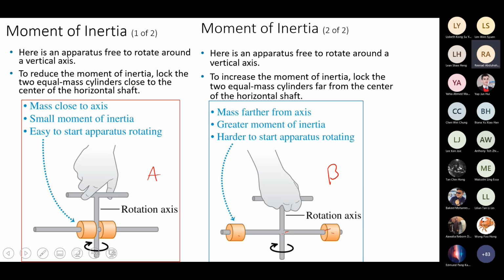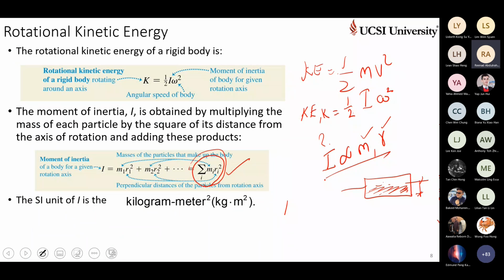You cannot rotate it. This one is hard to rotate, this one is easy to rotate, isn't it? Means it is not resisting, it is resisting. Clear? It's because the mass from the center is very close. Here the mass from the center is very far, isn't it? Or there is no material, empty here, empty here. Okay, I give more examples, then you understand better.